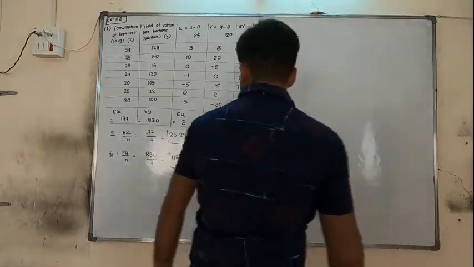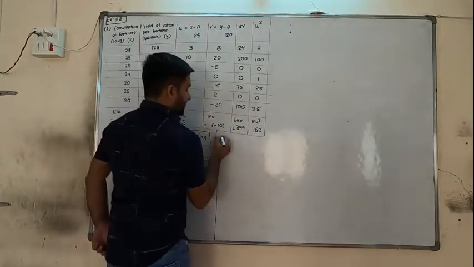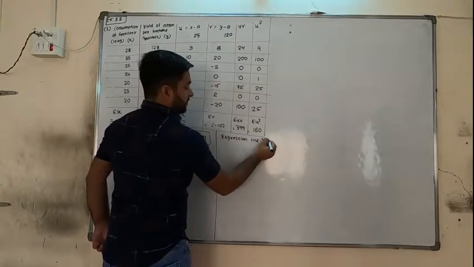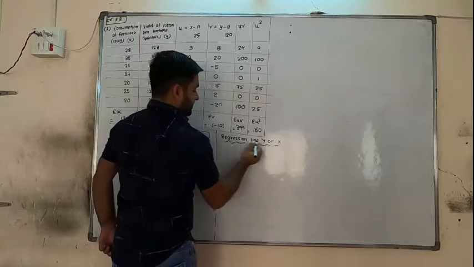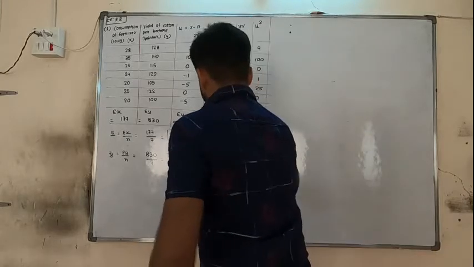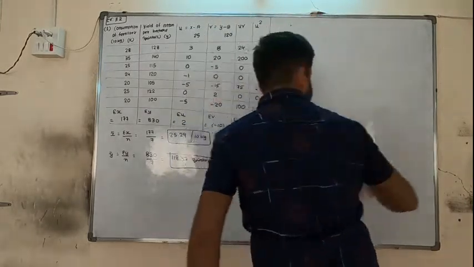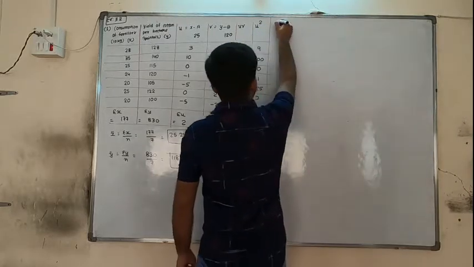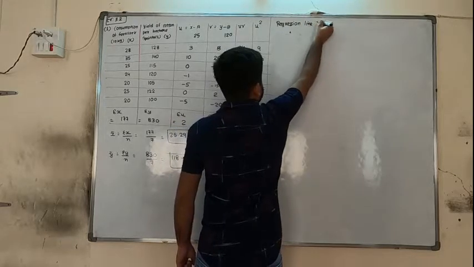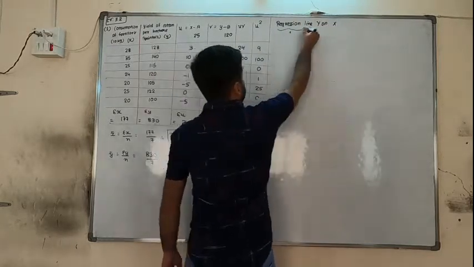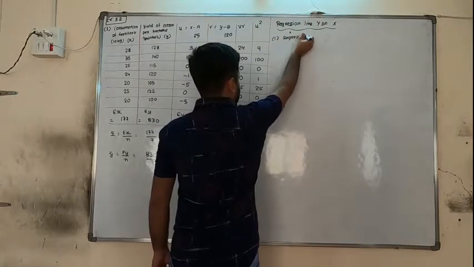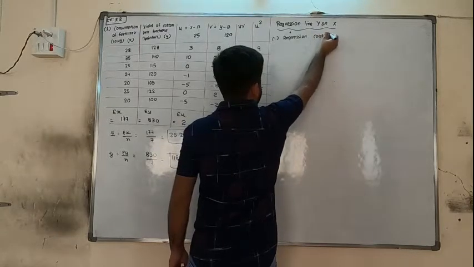Okay, let's now find regression line Y on X. In that first step, sorry, better to write down. Regression line Y on X, first step, regression coefficient,